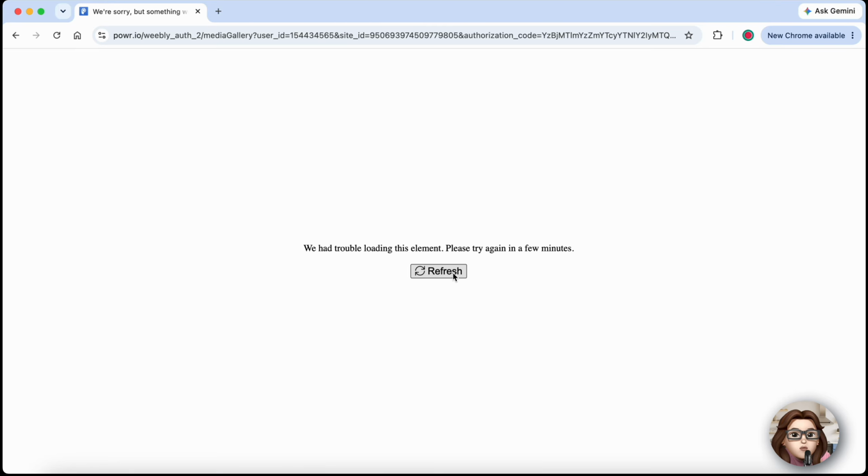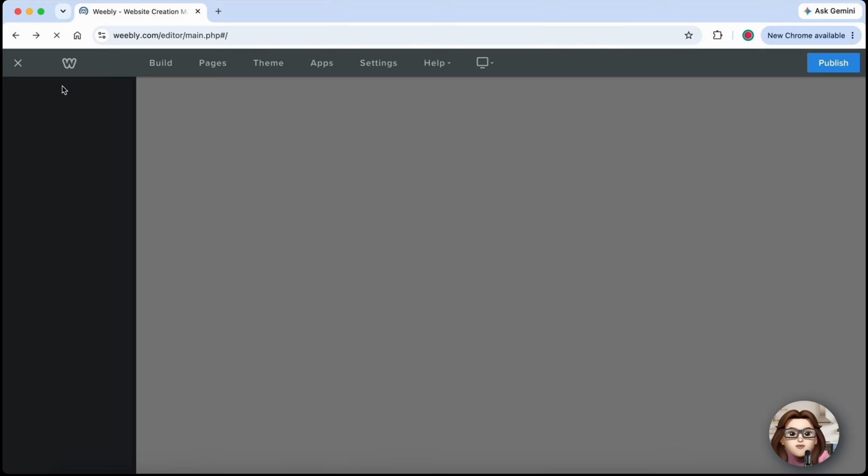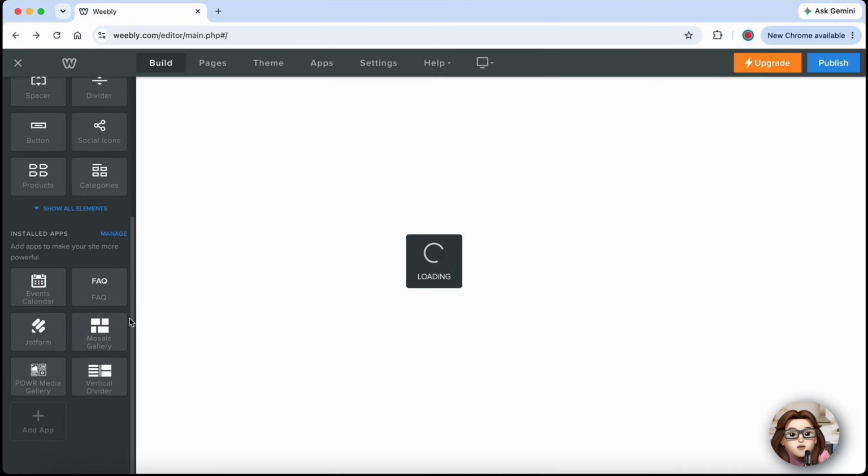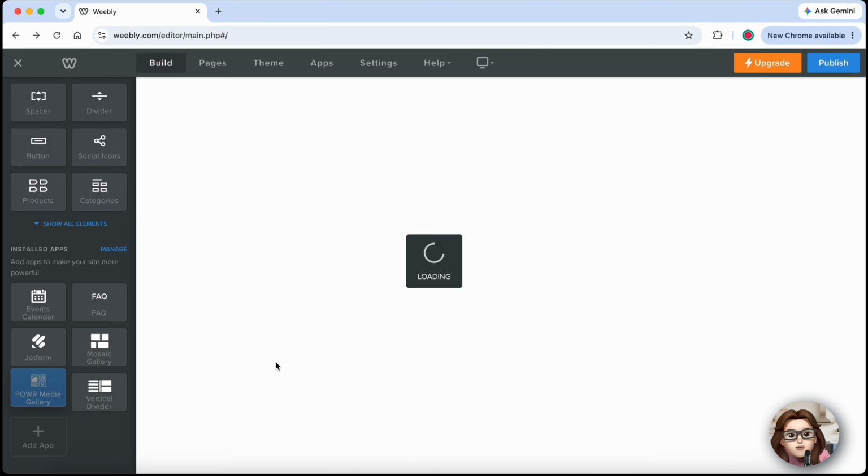Scroll down to the Installed App section in the left panel, then drag the plugin onto the page where you want it to appear. Configure the plugin settings to match your needs, preview the changes, and make any adjustments to its placement or appearance. When everything looks the way you want, click Publish to make the plugin live on your